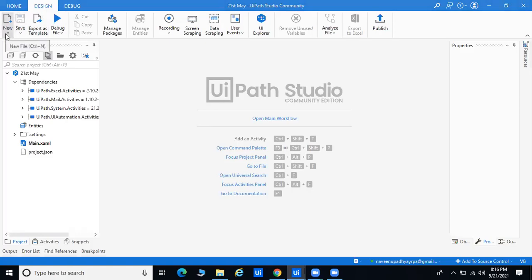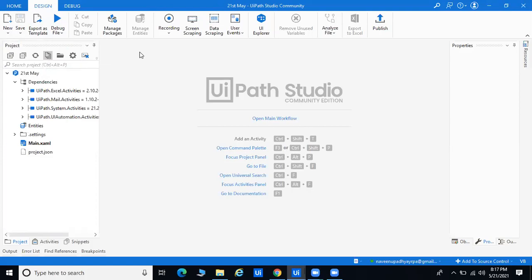You can see here New. Everywhere, if you go for New, it means we are going to create new data, a new workflow, a new program. Here they have also given Sequence, Flowchart, State Machine. Right now we'll discuss the Sequence part. After the sequence, you can see multiple things, but right now we'll go for the sequence. This is for running your program, run file, whatever things.